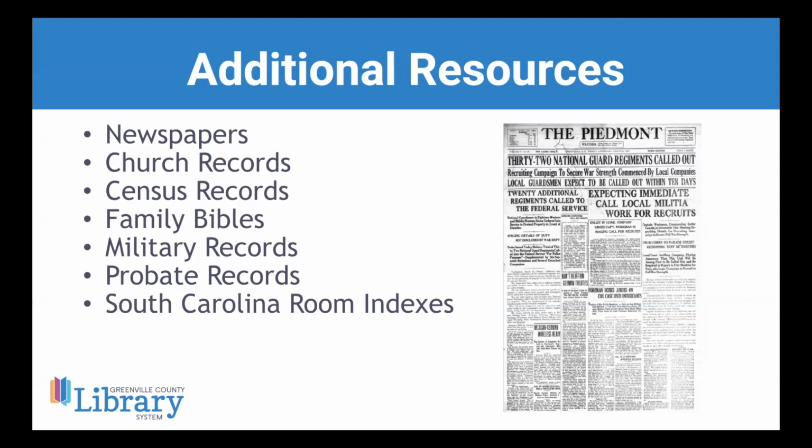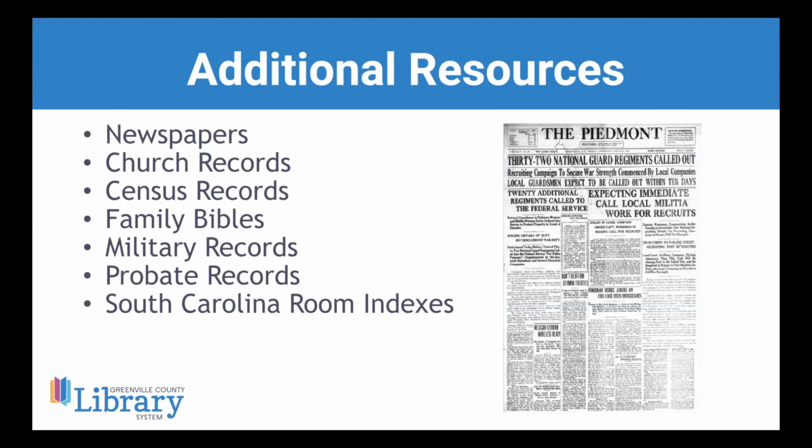And of course, obituaries especially can tell a lot of information. It's like a biographical snapshot. You may find who their parents were, what their occupation was, where they were living, what church they went to. There can be sometimes a ton of information in the obit. Church records, as I mentioned, can be another place to look. There are many churches that have church archives, and you may be able to find information on your ancestor if they were a member there.